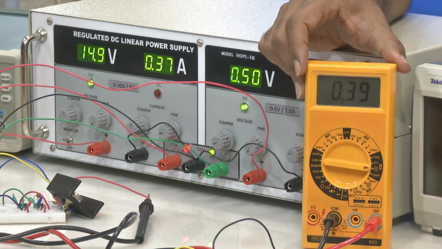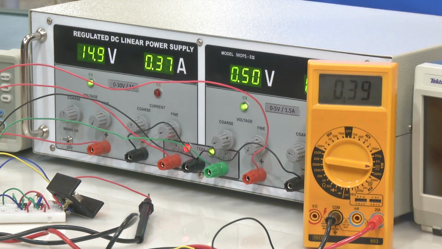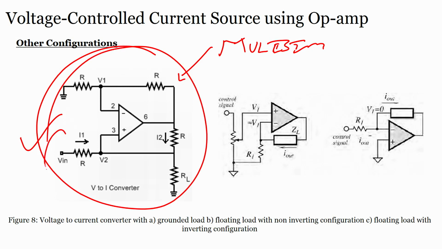Now, if I want to do a similar study with Multisim, let us see the circuit which is for the lower current, which does not require high current. So, what was the circuit? The circuit was this one, which you can see here in Multisim. We will implement this particular circuit, and we will see what happens when we change the voltage, and we will see the change in the current at the output.